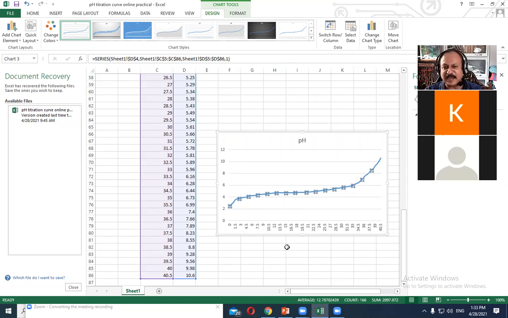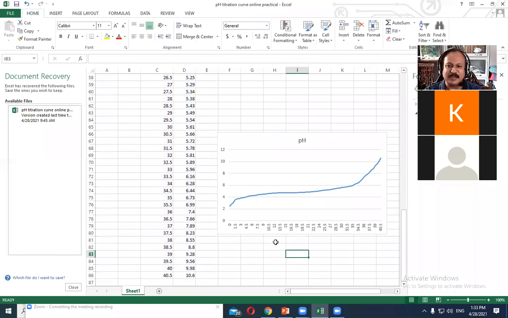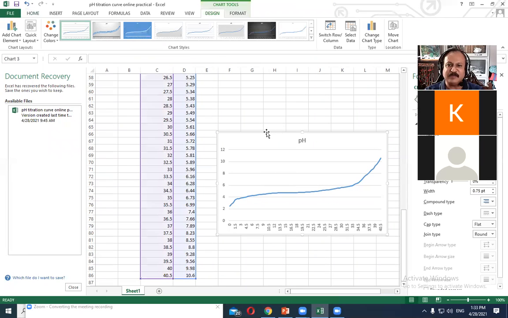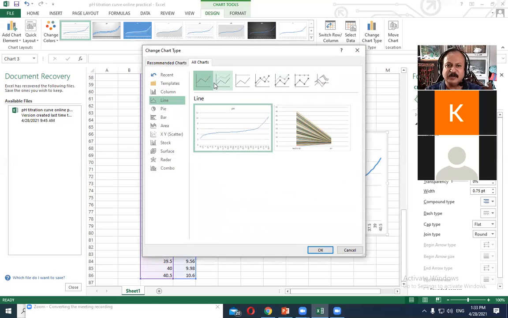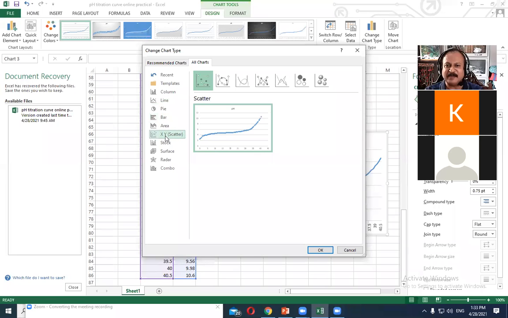Since it is a line graph, I am unable to remove the line. So instead of that, maybe I go back to XY scatter,